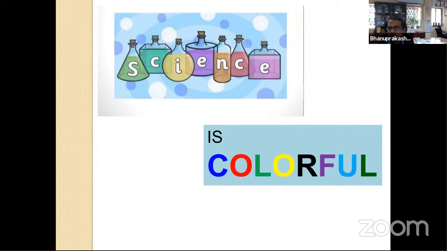One is all that I said in the last 5 or 10 minutes: its importance in daily life, its awareness for daily life, and its applications for many things. As I said, if you know how electricity works, how the circuit works, and something breaks down in your home, you can attend to it. You understand what happened. Otherwise, even for a small thing, you have to immediately call an electrician. You may have to call a plumber. But if you understand the science, you can attend to simple things on a day-to-day basis.